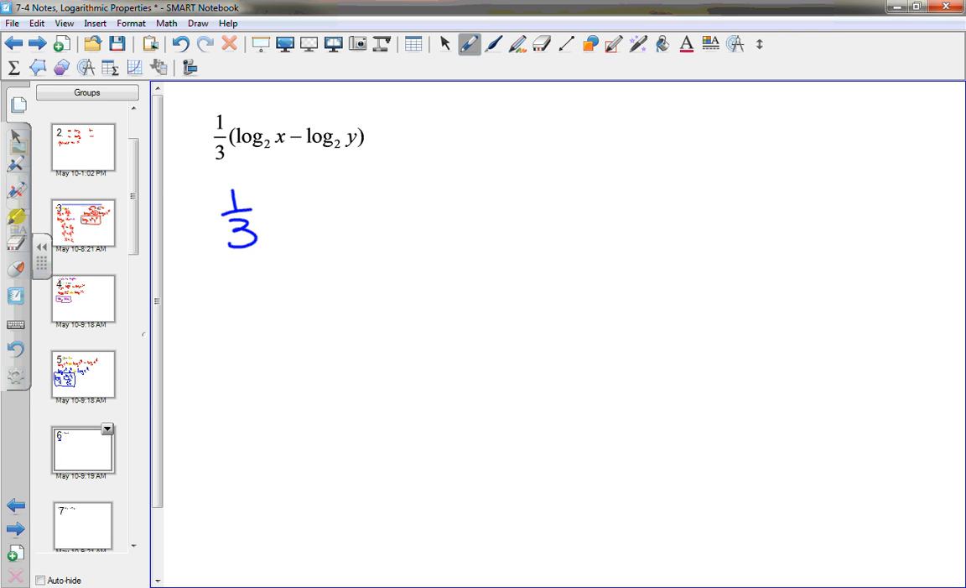The 1/3 is going to hang out. And this log base 2, these inside are attached by subtraction, which is division. So this is actually going to be log base 2 of x divided by y. Do we see that? Now, what happens to that 1/3? It goes back as a power,